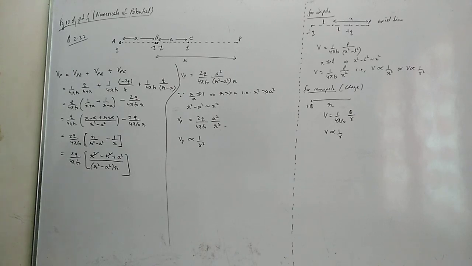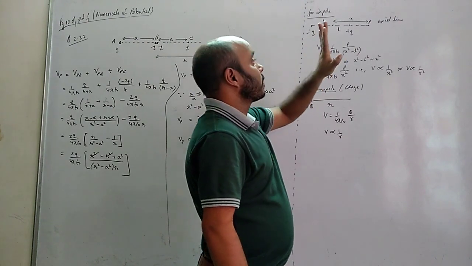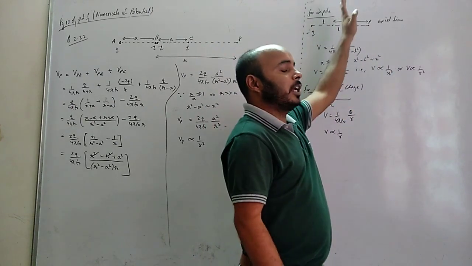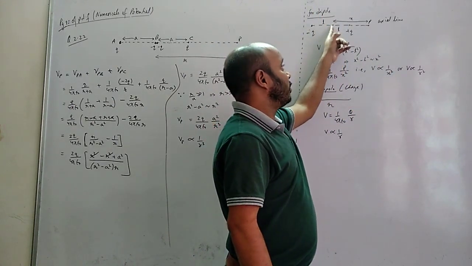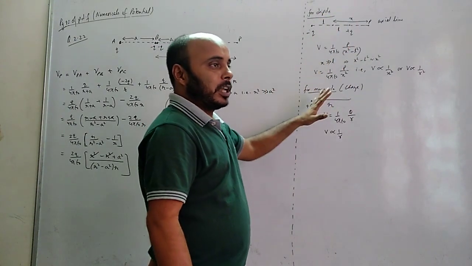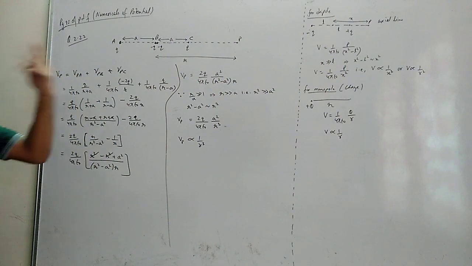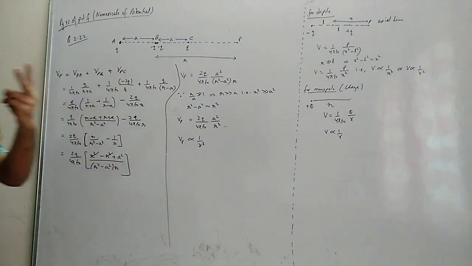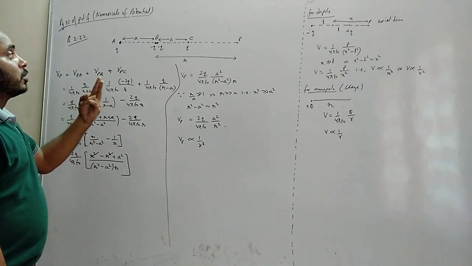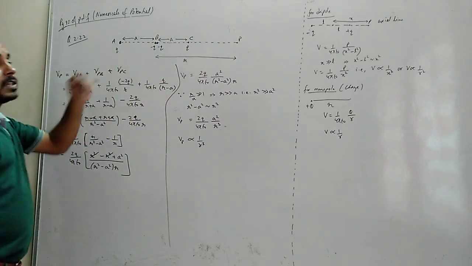Listen very carefully. Now we know what a dipole is: plus and opposite charges. Always we take a distance along its axial line or equatorial line, and we calculate the distance from the center of the dipole. Monopole means a simple, single charge. Quadrupole means what? Monopole is 1 charge, dipole 2 charges, quadrupole is 4 charges. That means 2 dipoles together. So if the figure is not given to you, you can take the figure on your own. You understand?